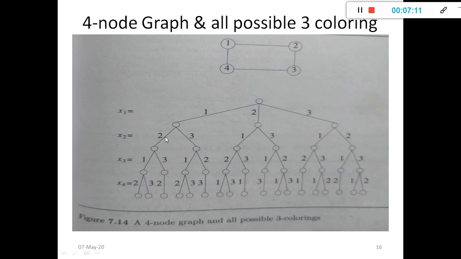This is one more possibility. Another possibility is node 1 with 1, node 2 with 2, node 3 with 1 and node 4 with color 3. Likewise you will get all the possible combinations for this 3-coloring when 4 nodes are present in the given graph.